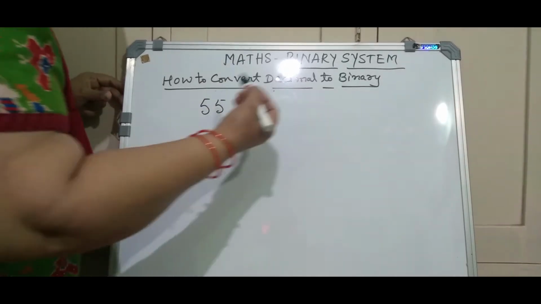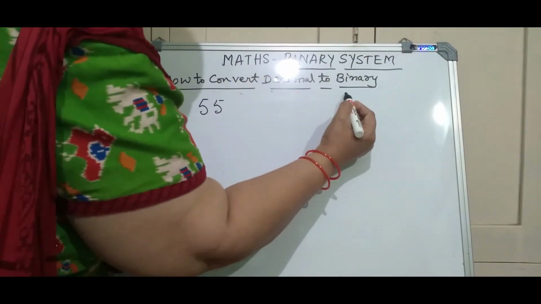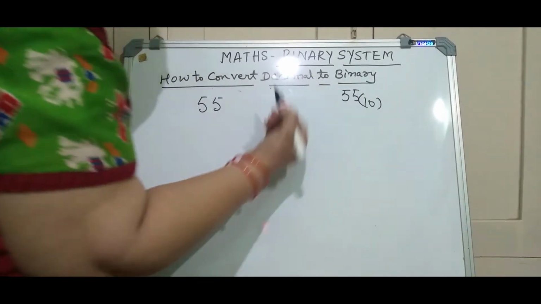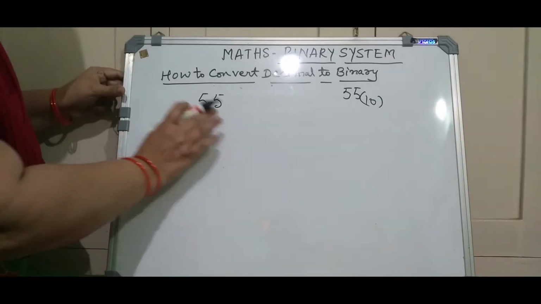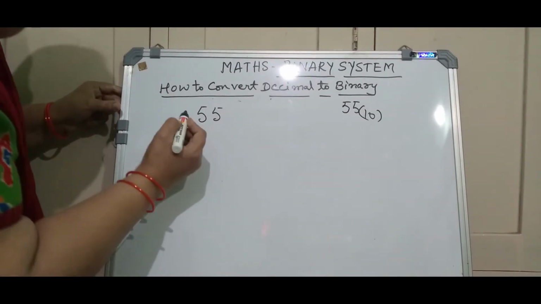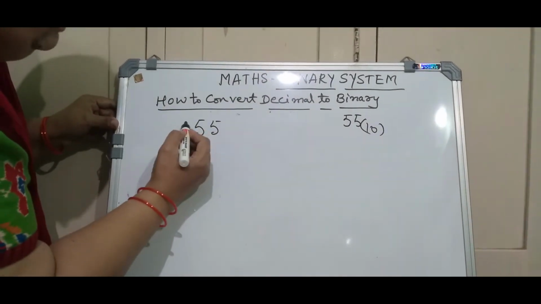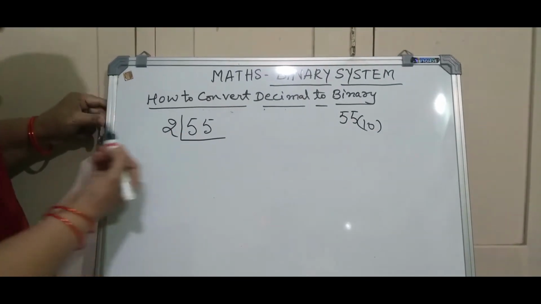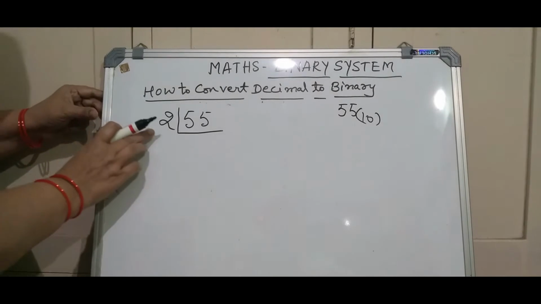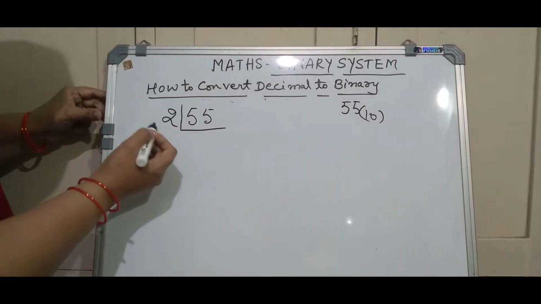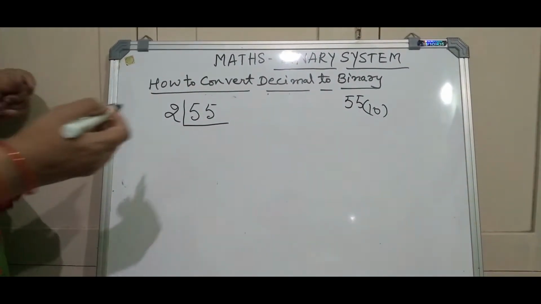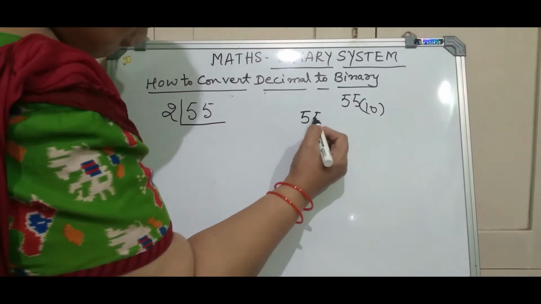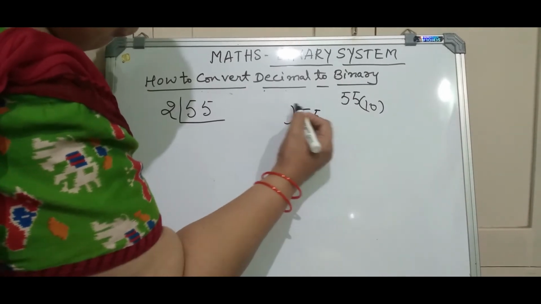Usually, even though we write it or not, see I am writing here 55 to base 10. Decimal system, already I have told you. So I am taking the number 55. To convert this into the binary system, we have to go on dividing it by the number 2. Let me consider the number 2. And here, I will show you the ordinary division process also, which you should remember. This will be easy, but every time you need not do like this.